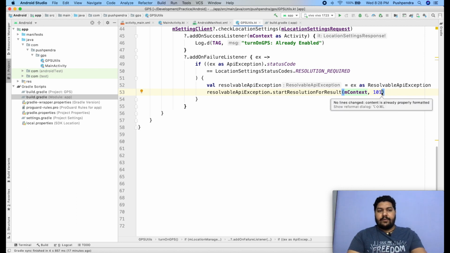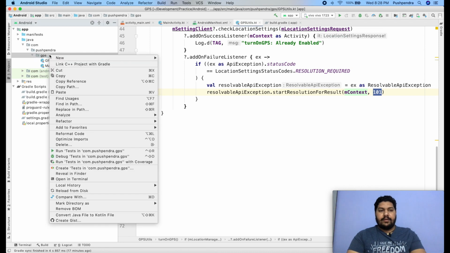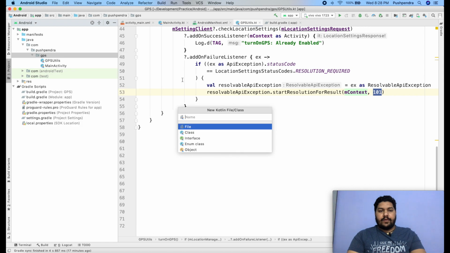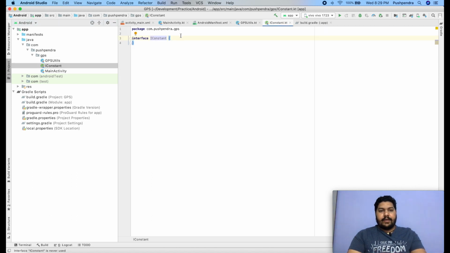Or what I'm doing for this request code, I will define one extra file, we can say Kotlin interface, and here we can say IC constant. Here I will take object defaults, this is const val, we can say GPS code.